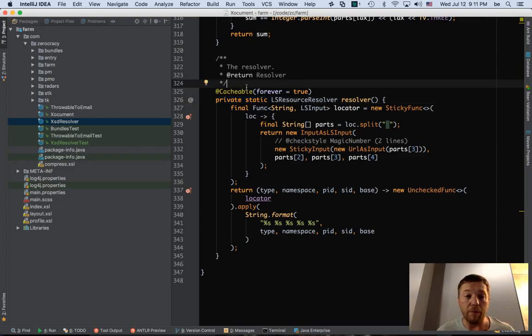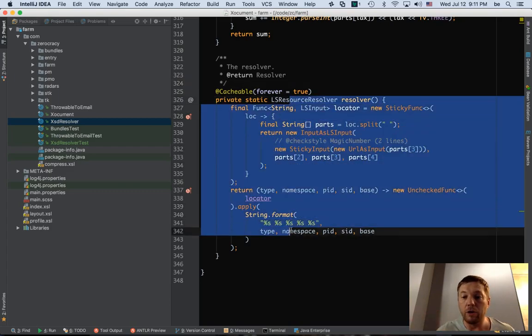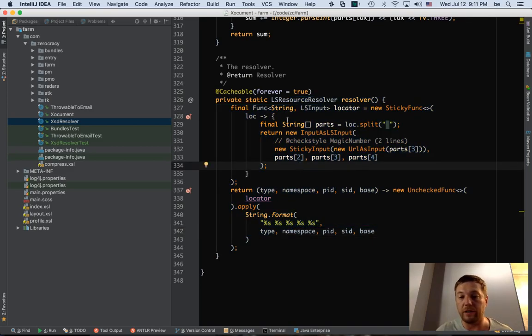So my first step, okay, let's make it easier. Let's extract that stuff into a class. Let's turn this resolver into a class, and then let's create a unit test for this class, because now there's some mystery in here. We don't know what's going on. We don't have a unit test for it. So let's extract it.